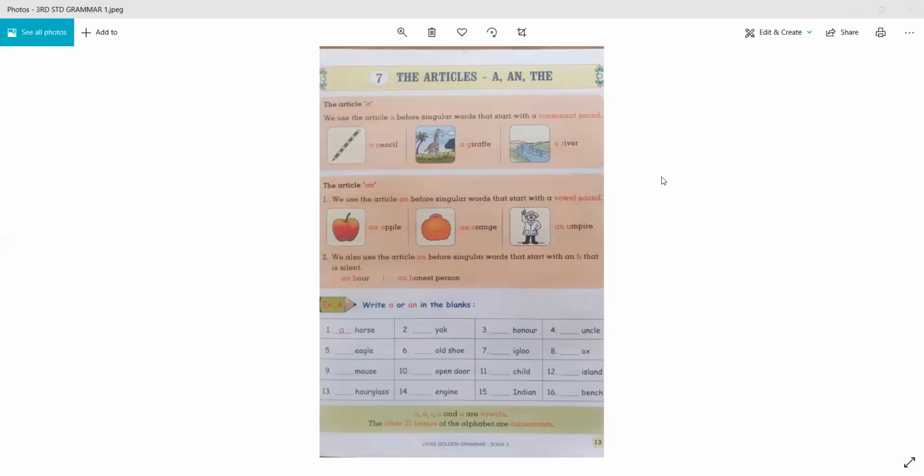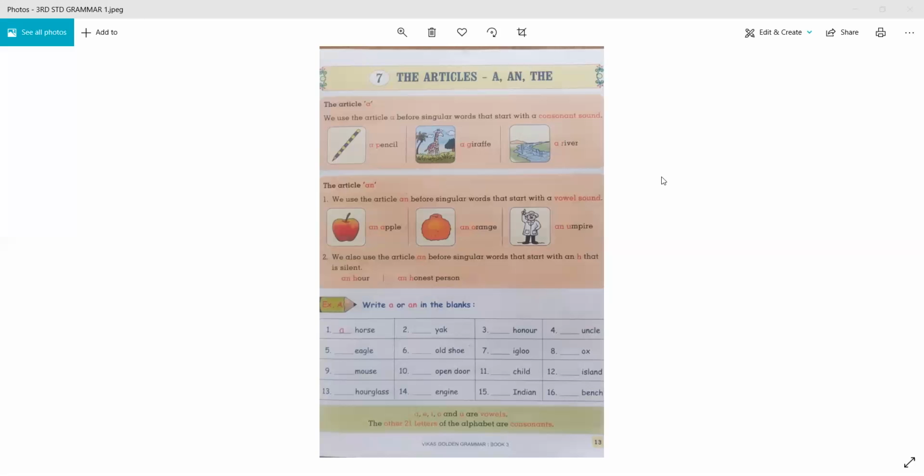Okay. So in the alphabets, in our alphabet letters, as you know, some vowels are there, those are A, E, I, O, U. Total how many alphabets are there, you know? In those, 5. A, E, I, O, U. 5 are the vowels and 21 are the alphabetical letters, and those alphabet letters are called consonants.